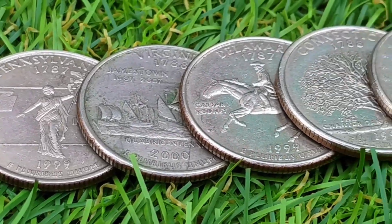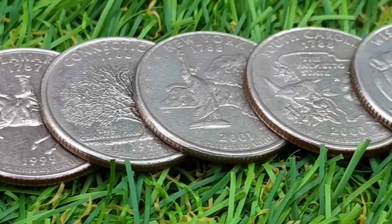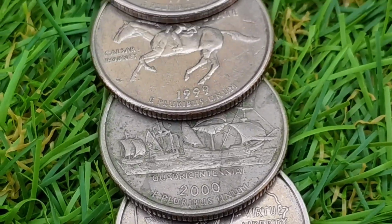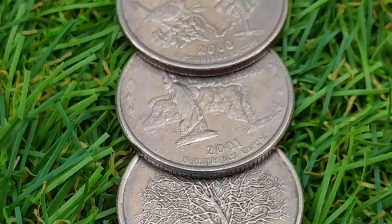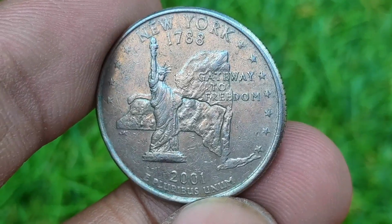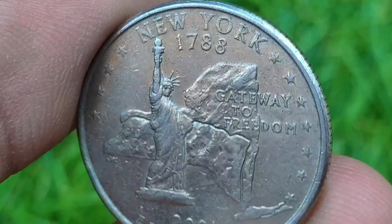We're counting down the top 7 most valuable state quarter dollars ever discovered. These aren't your average coins, we're talking rare mint errors, low mintage strikes, and jaw-dropping auction prices. Whether you're a seasoned collector or just love treasure hunting, let's dive deep into the 2001 New York quarter dollar,